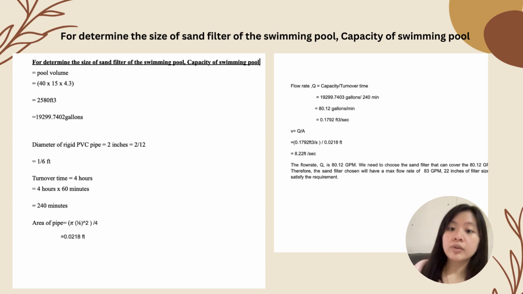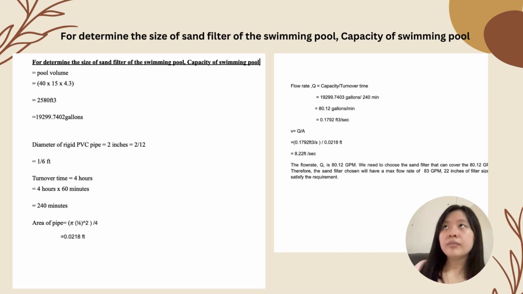The diameter of the PVC pipe, which we mentioned earlier, is 2 inches, or equivalent to 1/6 feet. The turnover time we choose is 4 hours, which we convert into 240 minutes, so that we can calculate the flow rate